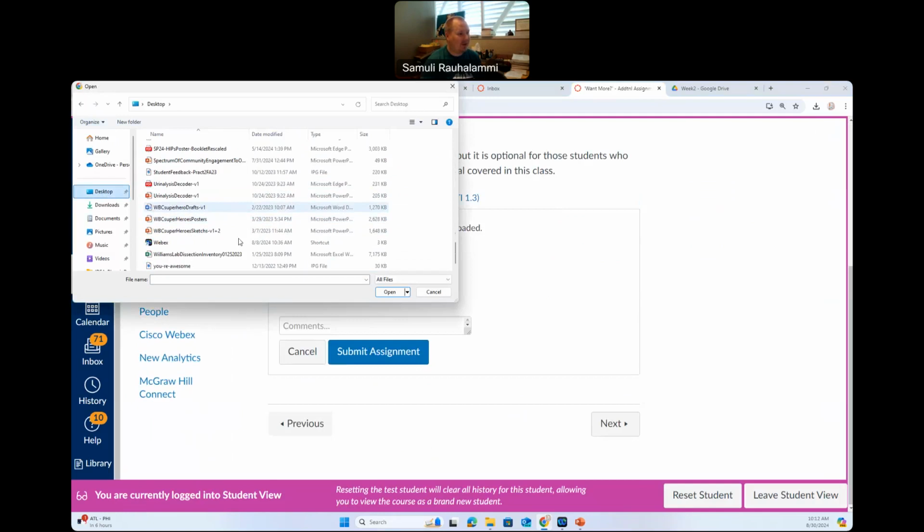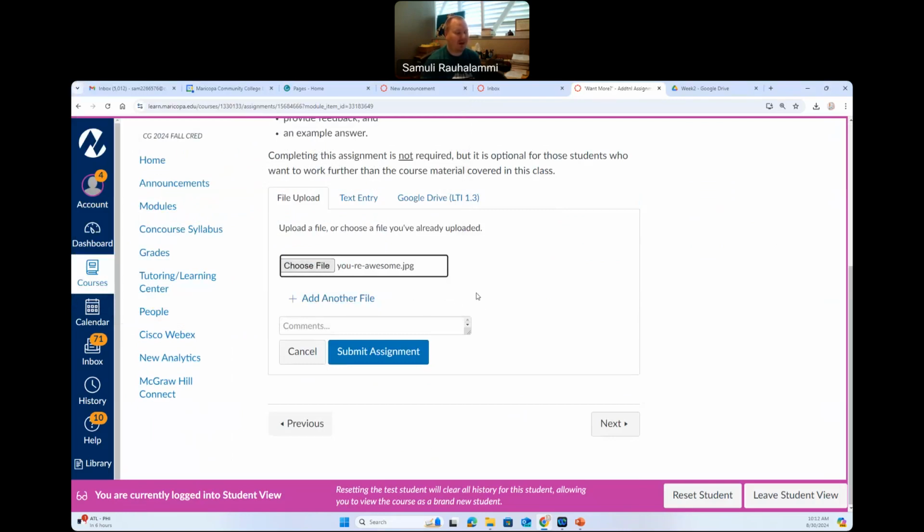Let's see, we could, for example, upload a Word document, or we could upload a picture file of the notes that you've made, whatever you choose to do. What's important for me is that it is a file that I can open in a Windows compatible environment. Sometimes I know that we have students who work in a Mac environment, on Apple hardware, software, whether it's a computer or a mobile phone.